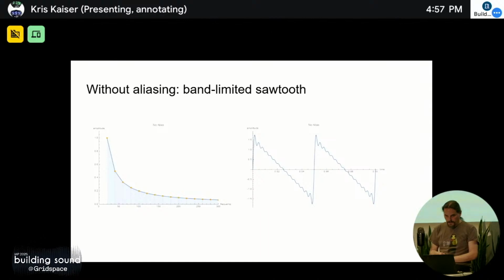We have a simple graph. On the left is a frequency plot. The yellow lines are amplitudes at different frequencies. The right is just the sum of all of those parts. So this is, quite simply, an additive synth. You can see the sawtooth has the Gibbs squiggles, but it's doing a pretty good job of approximating a sawtooth wave. So if we band limit this and sample it,